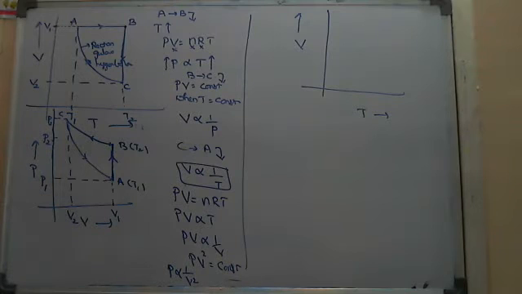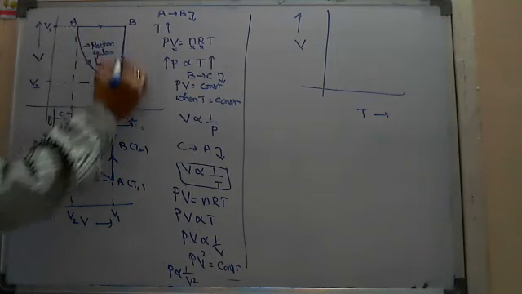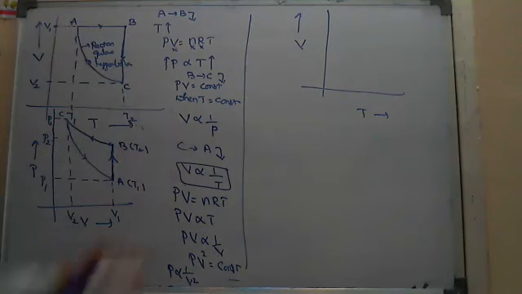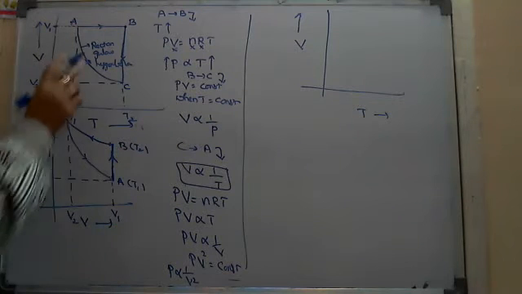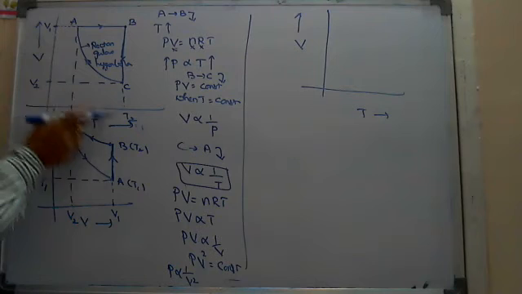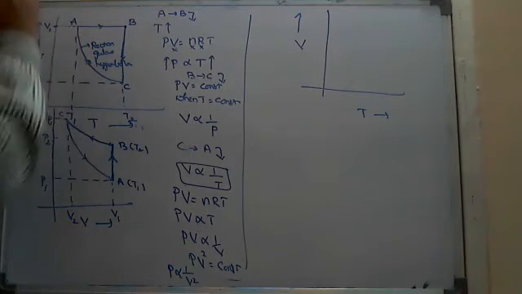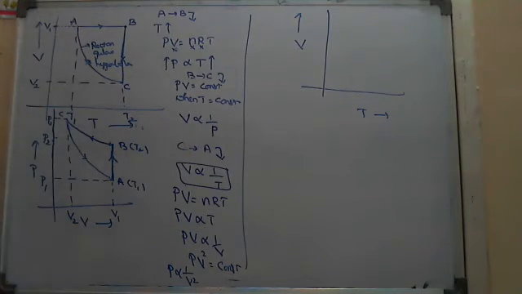Okay. And here in this case, if they ask for work done, don't get confused. He gave a volume-temperature graph. So from my previous concept, what I explained there, if the graph is clockwise, take the work done as positive. But here the work done is not positive. Why? Because it is not a PV graph now, it is a volume-temperature graph. So here don't conclude the work done is positive.